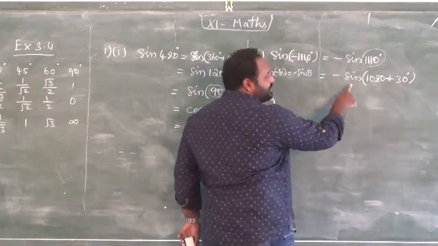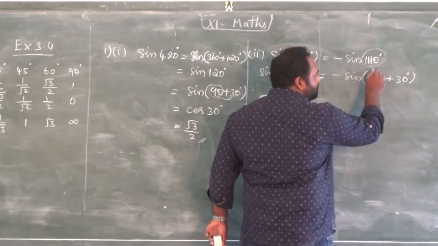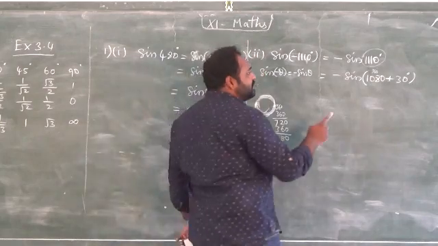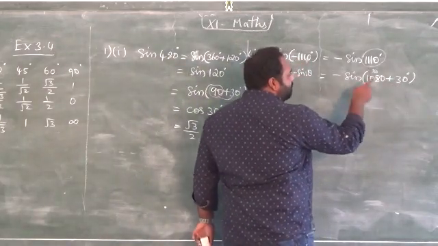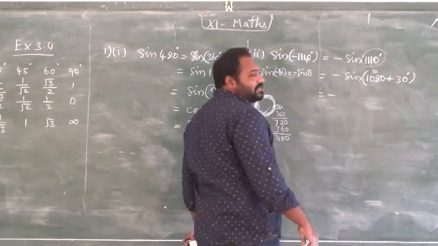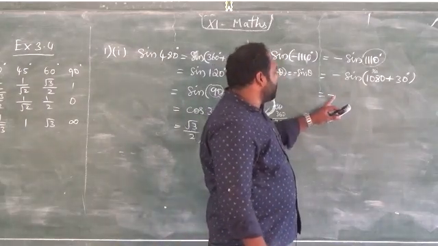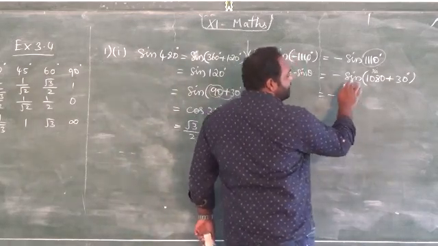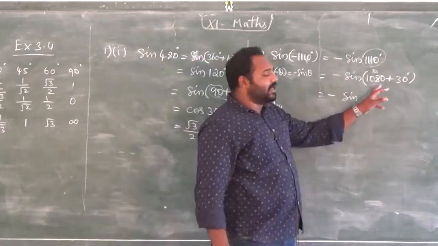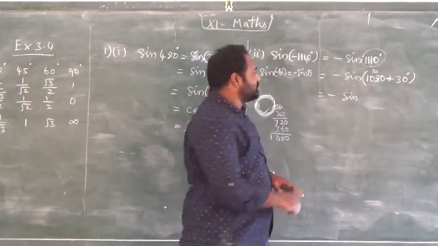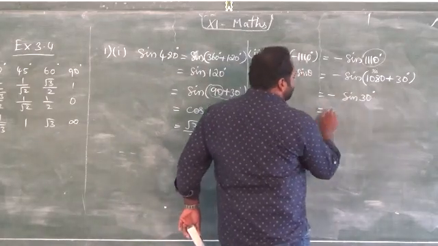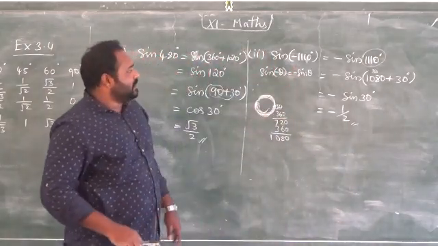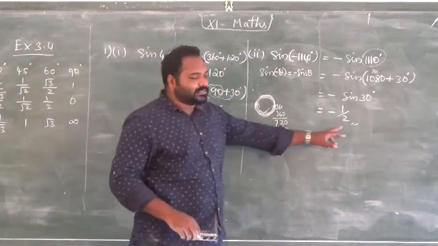So this is considered as 360, and we don't have any changes. 360 plus theta, first quadrant, all are positive. Anyway here negative, we don't have a change. Minus into plus, minus. So minus sine, we don't have any change in the ratio because with 360 we should not change the ratio. So sine 30 degree value is minus 1 by 2. So here sine of minus 1110 degree value is minus 1 by 2.